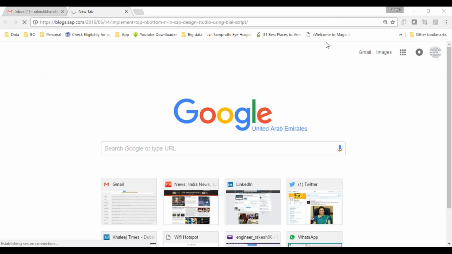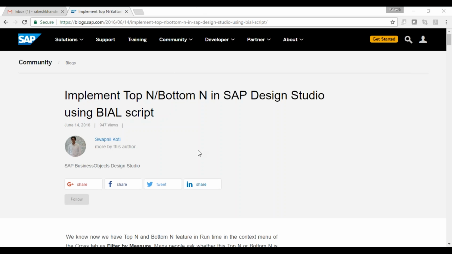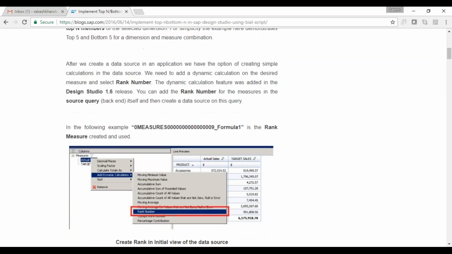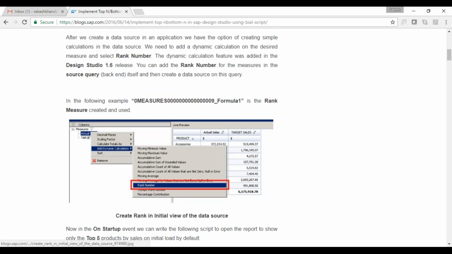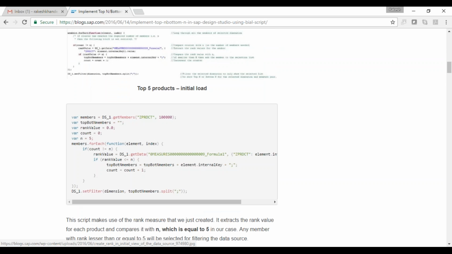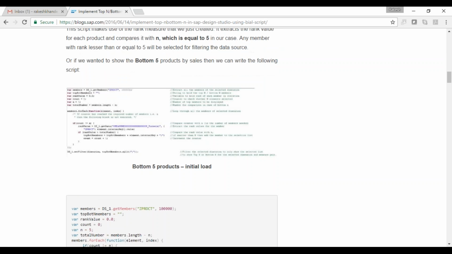You can use this blog and maybe try something. Using scripting, he has achieved top and bottom. You can explore this option and try. If it doesn't work, I'll also try the same thing.